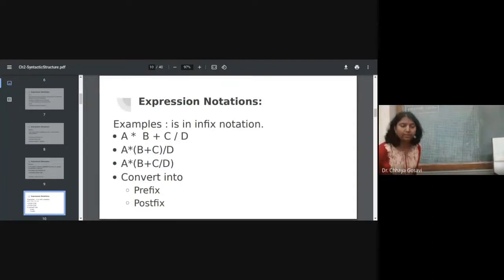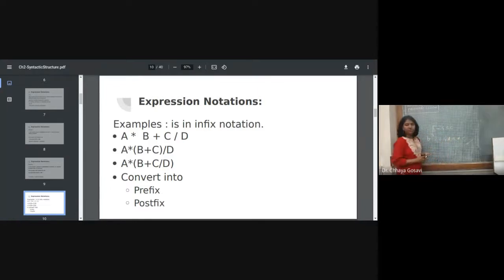Is the board visible? How to write b square minus 4ac as an expression? For square, we are using the raised-to operator: b raised to 2 minus 4 into a into c.